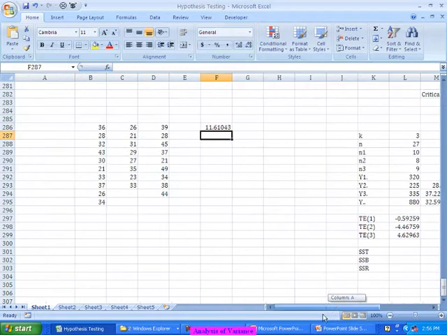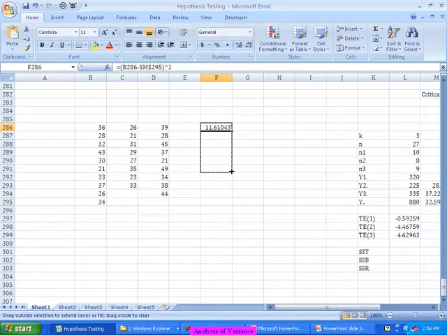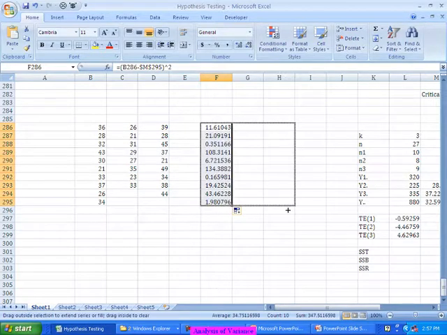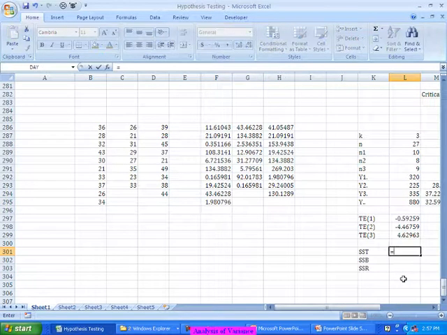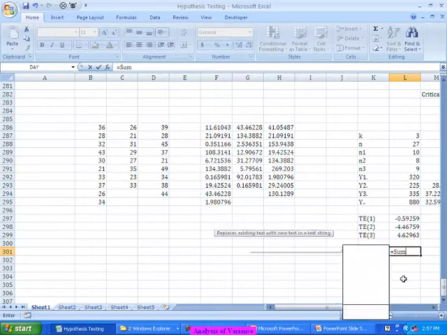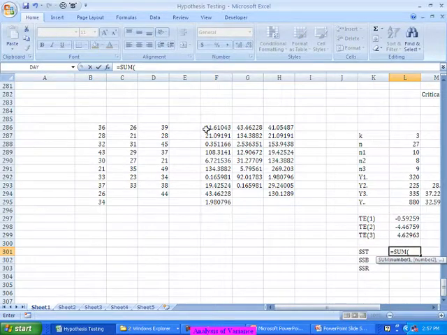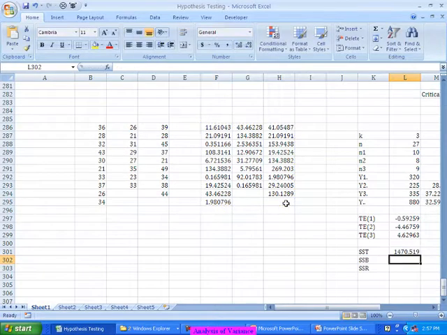Sum of squares of all values from the overall mean. These are the values from the overall mean. So the sum of squares total is coming out to the summation of all these values, which is working out to